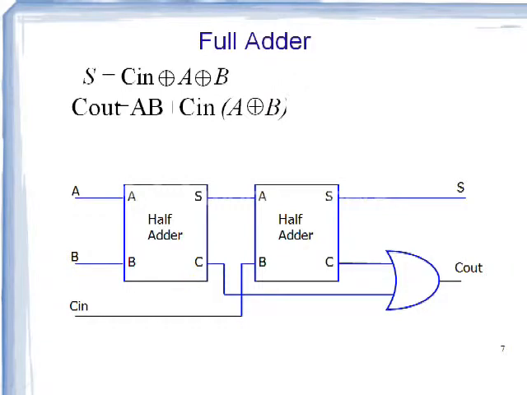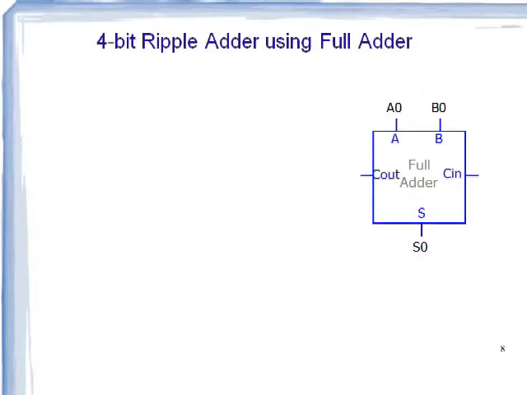Now let us see the ripple carry adder. Why do we use a ripple carry adder? If I want to perform addition between 2 multiple bit operands, then I have to use a ripple carry adder. For example, if I want to perform addition between 2 operands along with the carry, then I require a full adder. If I want to perform addition between 2 4-bit operands along with the previous carry, then I require 4 full adders. So let us see that.